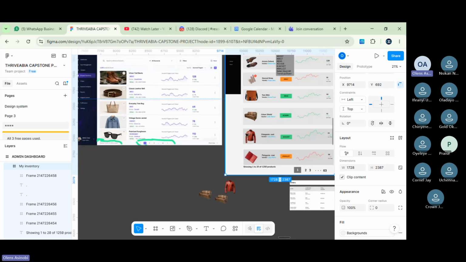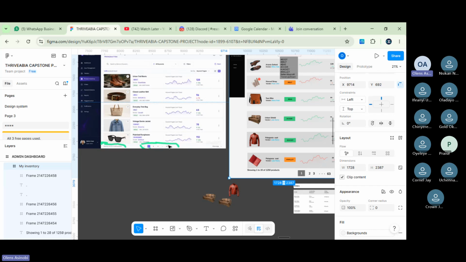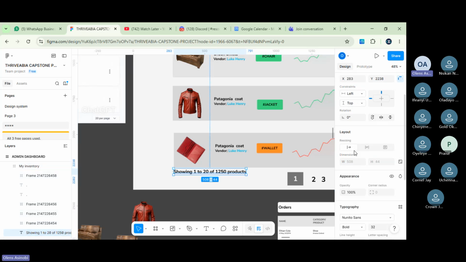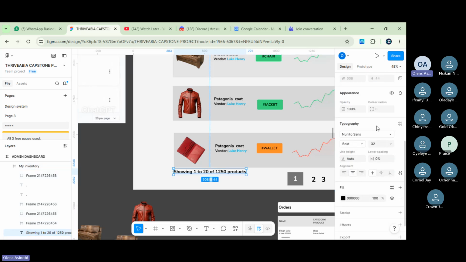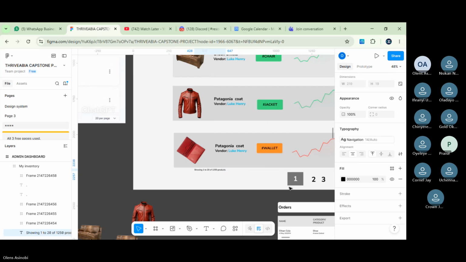Now see, let me tell you guys something. As far as this thing is here, there is no need extending this screen. You can still extend it, don't mind me. But see how the thing is small and see how it blends in. So you see the text you're going to use here, you're going to use this instead of using the person did not. Okay, don't worry, let me take it out. The person is not done. Use this navigation text. That's what the person should use. This stuff is too big.